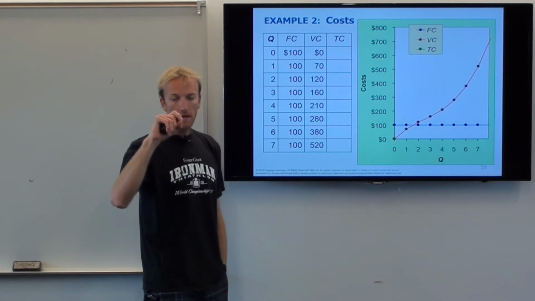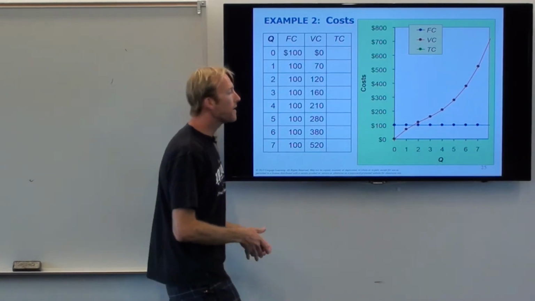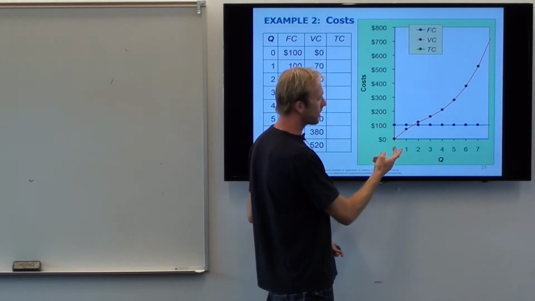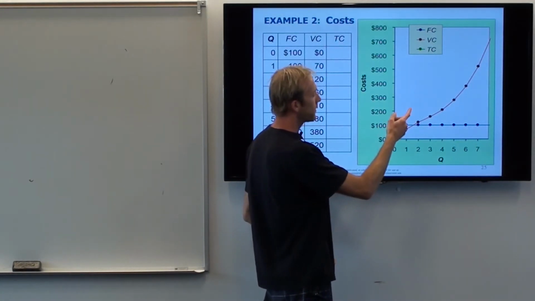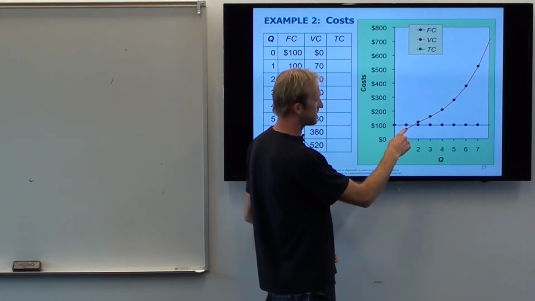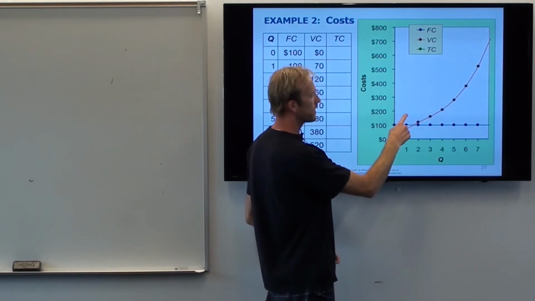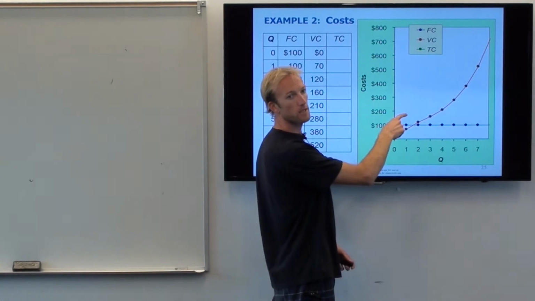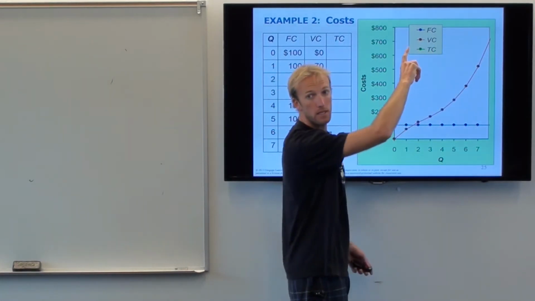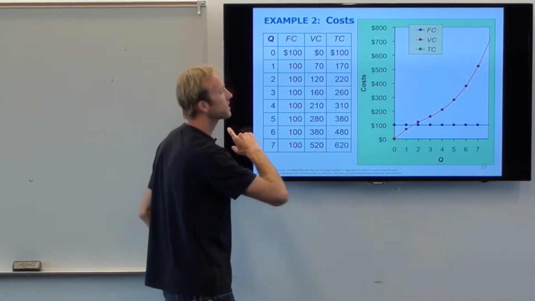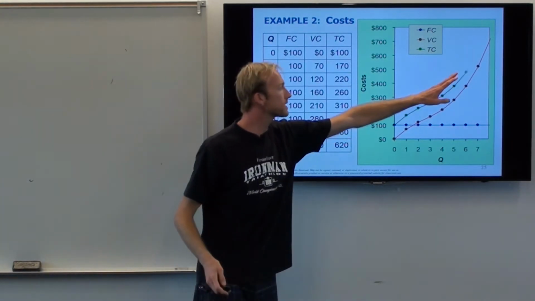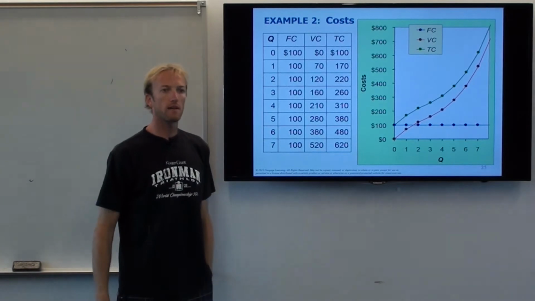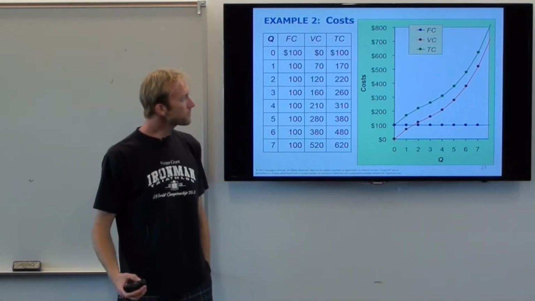So in your brain, mathematically, you can think of adding up the numbers. Graphically, you can just look and say, oh, look, I need to add 0 plus 100, so the first point's here. And then for the total cost, I need to add, what is this, 70 plus 100. So the next point for the total cost curve is going to be at 170, right? You just add them up vertically. Does that make sense? So you're going to get a curve that looks like that. Okay?